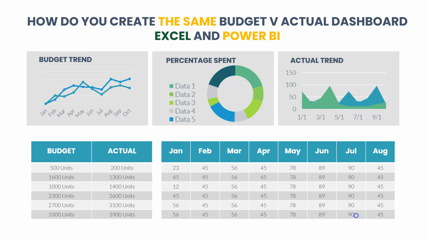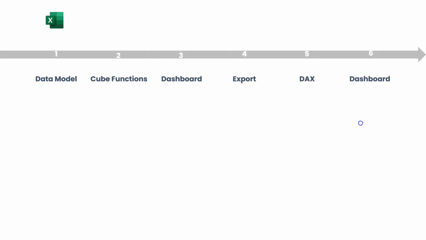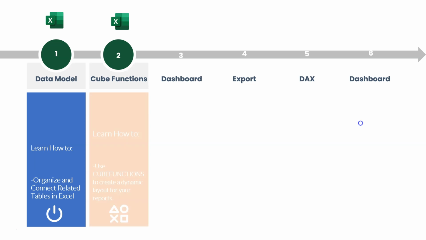So how do you create the same budget versus actual dashboard in Excel and Power BI? Well, you can start off by creating a data model in Excel. This will allow you to connect your actual and budget tables, as well as other dimension tables in your workbook. After this, you can create a pivot table and use cube functions to create a dynamic layout for your actual